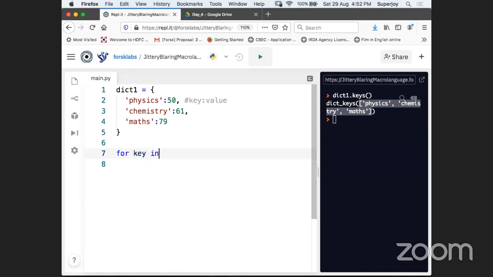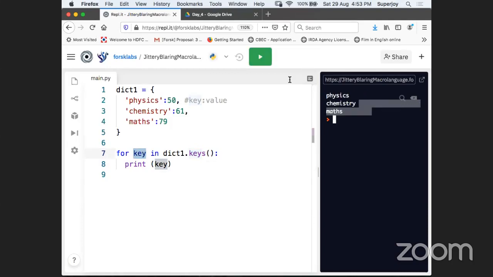For each key in dict1 dot keys, you just print the key here. Because you have called this method, this variable only gets the keys from my dictionary one. And can you see, guys, this time we are printing only the key names.